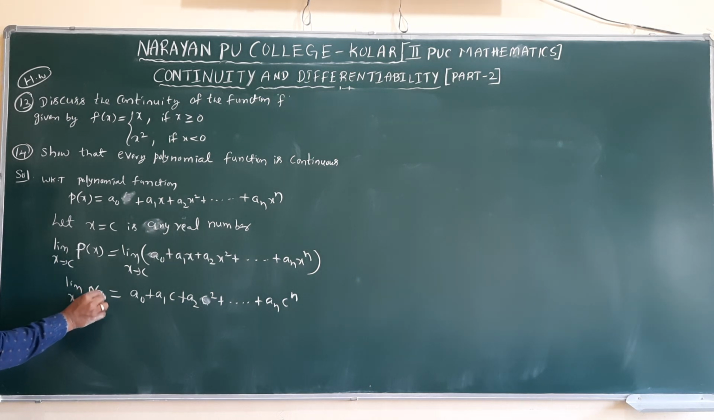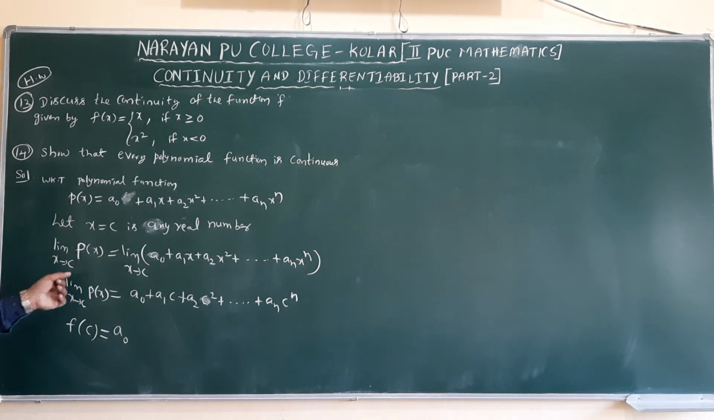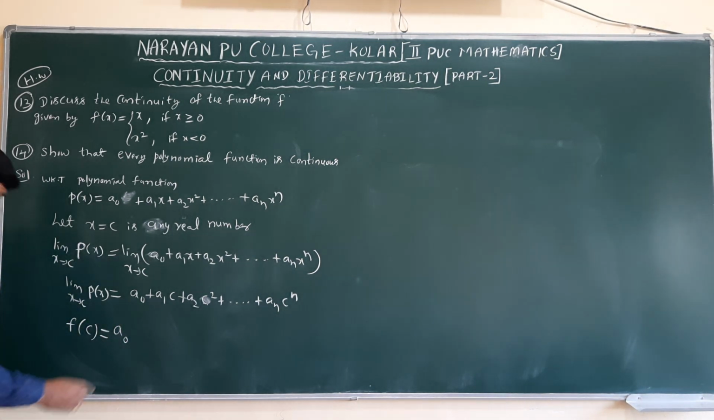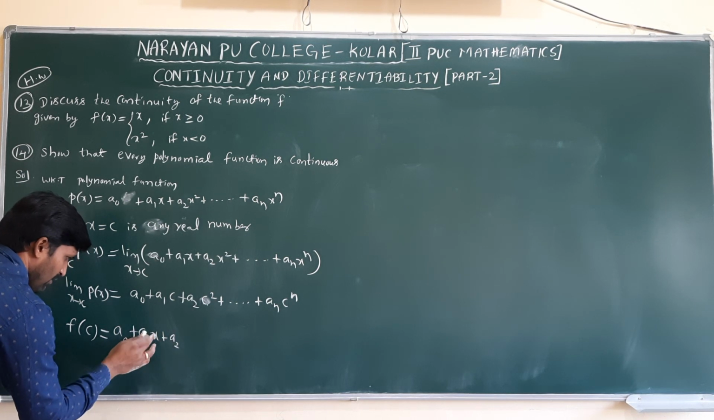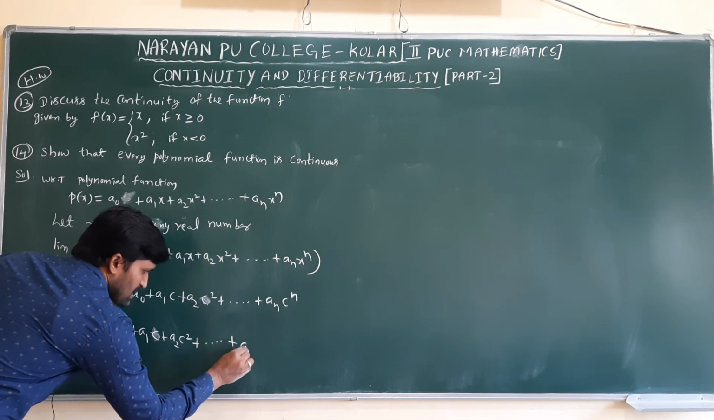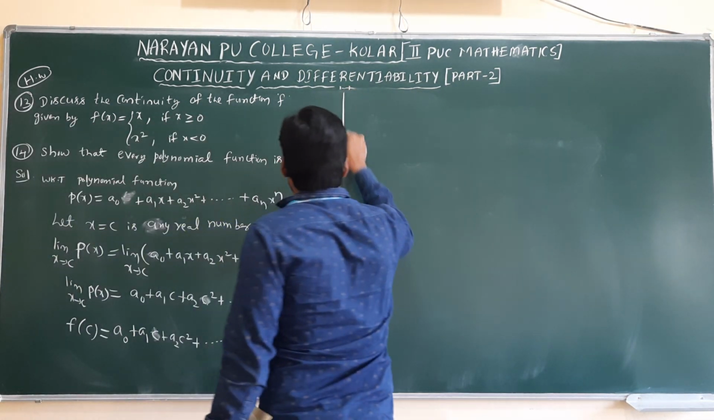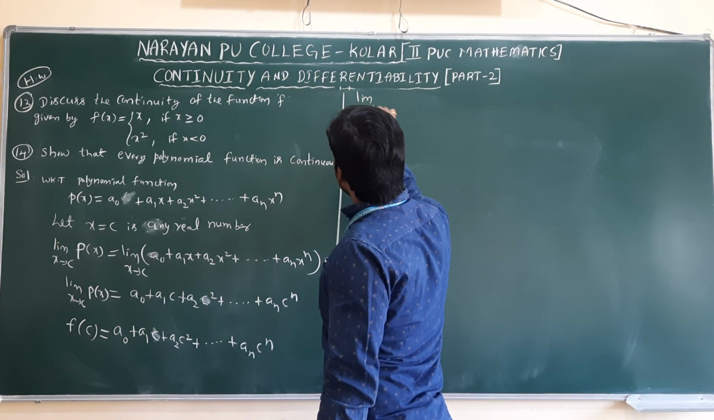c can be any real number. Now I am finding f of c also, the function value, by directly substituting. x tending to c means approaching, being near to c, so we consider it as c only, directly. In the place of x, what will you take? c. a0 + a1 c + a2 c square and so on, up to an c power n. Here, the limit of the function and the function value are both the same. So the limit as x tends to c